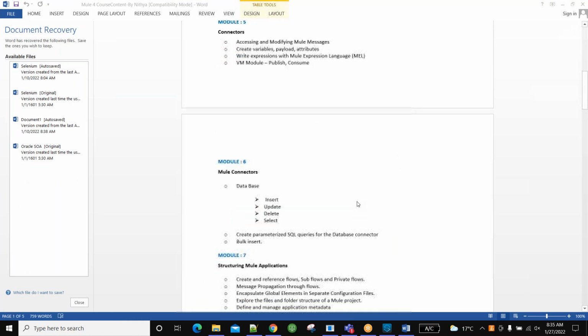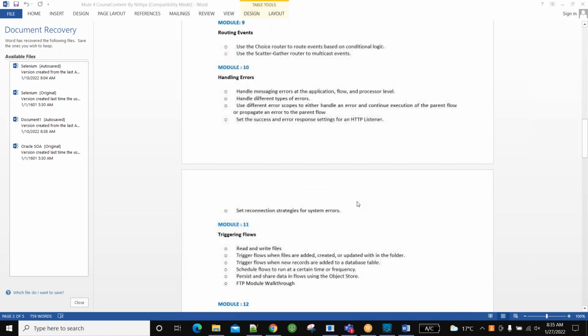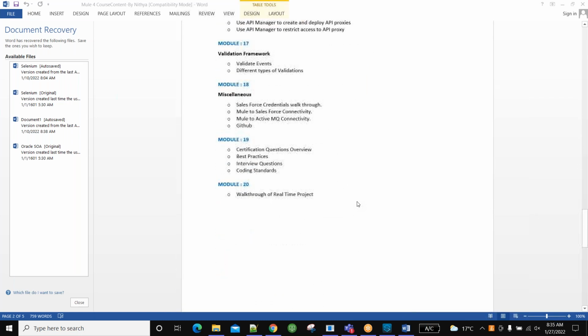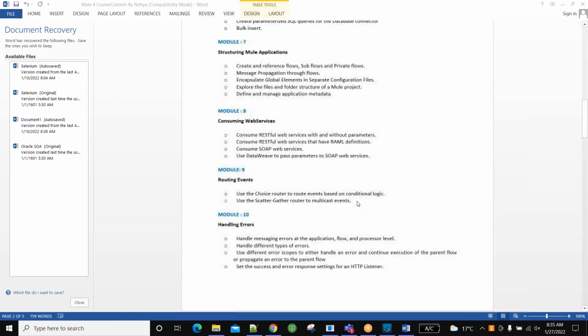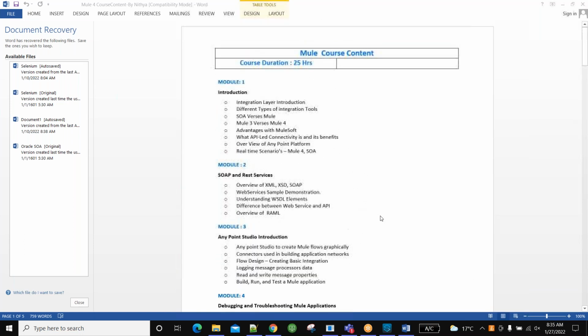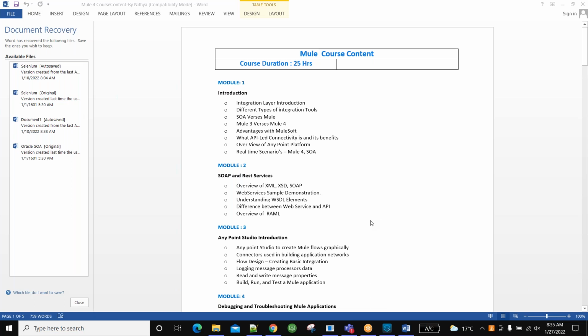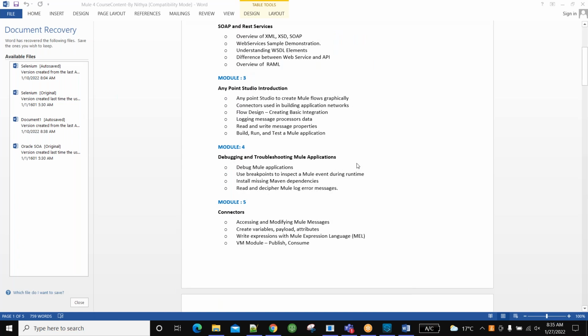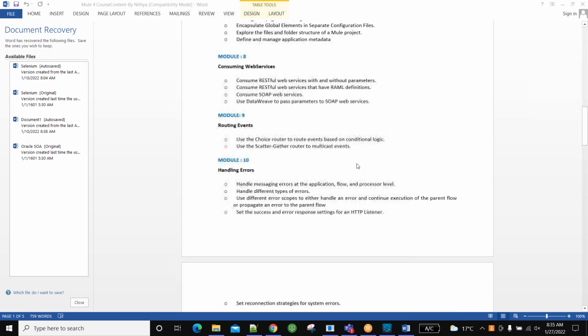Everything was divided into 20 modules. Most of the time, these modules we will be going up and down, because some interview questions and all these things we will be covering parallelly. It will take more time, but it is just for handy purposes. This course is there, and all these things will be covered. Not only this, more details from an interview perspective and real time things will be covered, which I cannot put here. What I'm discussing is a different part, but this is just for view. This is the thing which I'm going to cover.